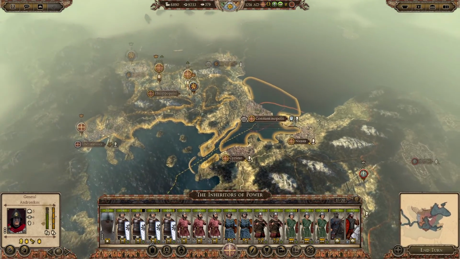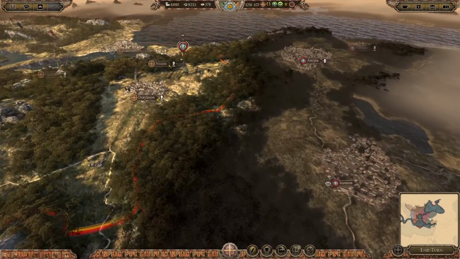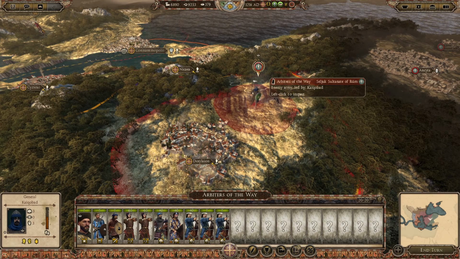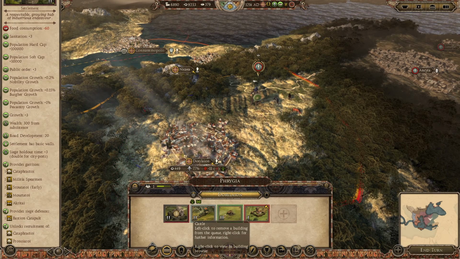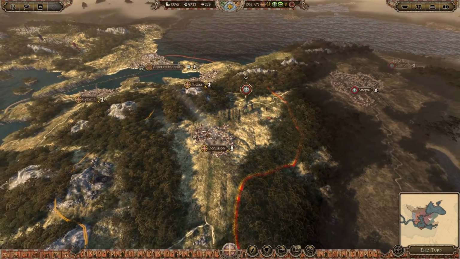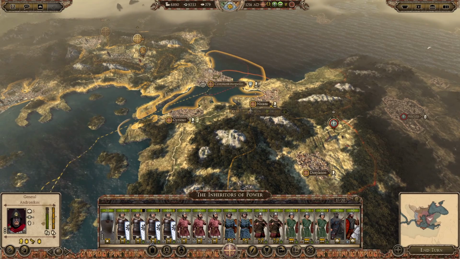All right. Okay, so the other thing is we're now at war with the Selcuks, who have brought a full stack army towards Dorylaion, which is a little bit worrying. I mean, we've got a garrison here. It's a garrison of about 11, maybe 12 units. I could probably defeat them. It is the AI, but I'm going to bring